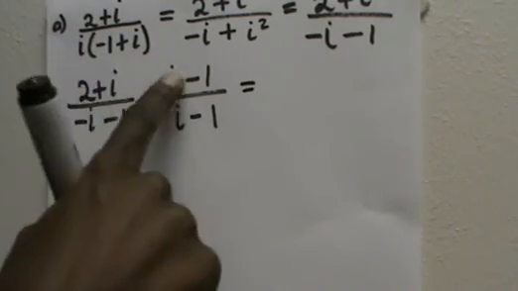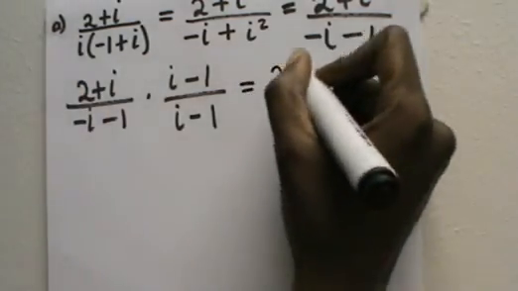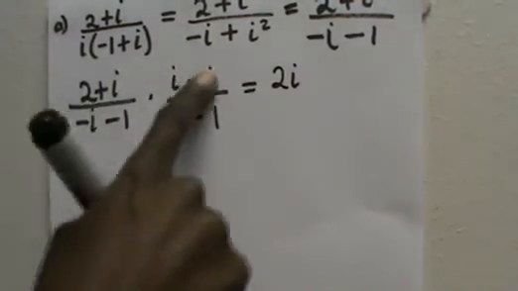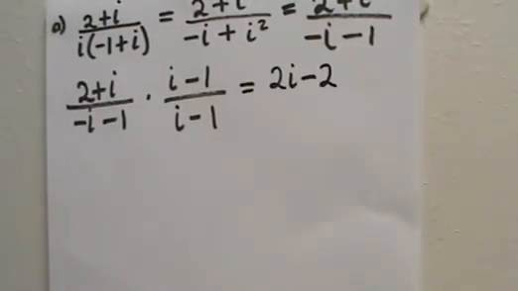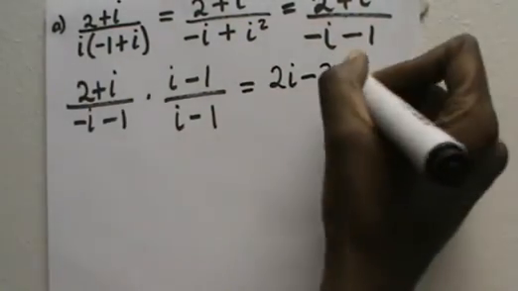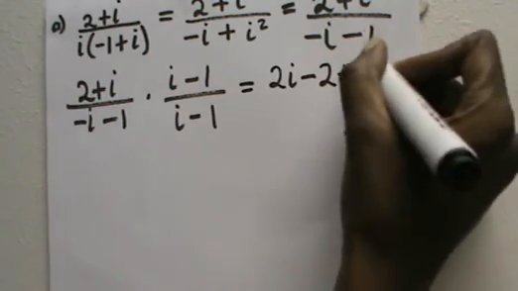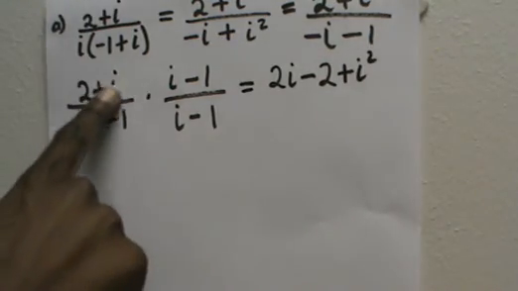So it's 2 times i, which is 2i. 2 times minus 1, this is minus 2. i times i. So here I will write this out before I work it out. And then i times